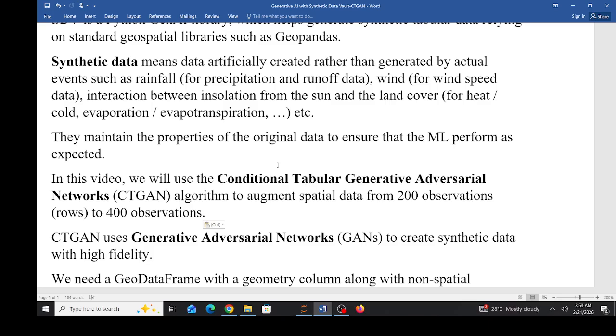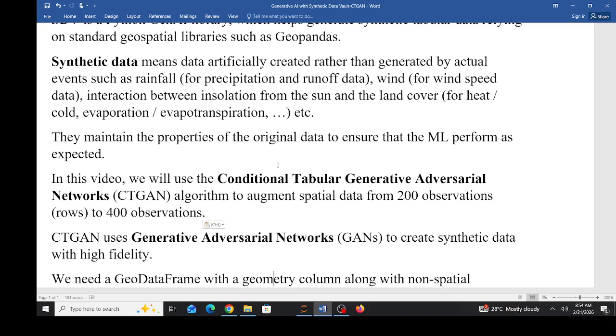That helps maintain the properties of the original data to ensure that the machine learning performs as expected. So in this video, we will be using the conditional tabular generative adversarial networks, the CTGAN algorithm, to